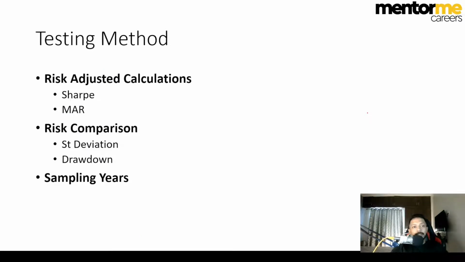Now the testing method which I've used is, first of all, I've taken data from different indexes. We don't want to really go stock specific, because stock specific will become very difficult. We will have to generate too much data. So I've taken Nifty 50 as one of the indexes. Then I've taken Nifty 100 just to be sure. Nifty 100 is nothing but the extension of Nifty 50. Then I've taken the Midcap 100, the popular NSE index for mid cap stocks. And then I've finally taken Small Cap 100, which shows us the highest risk.